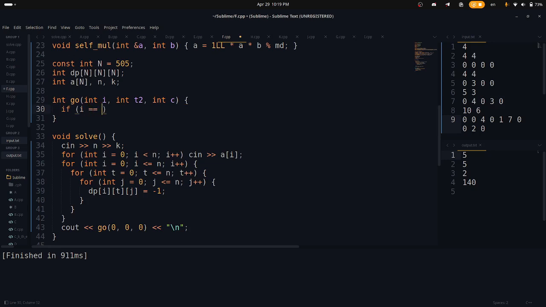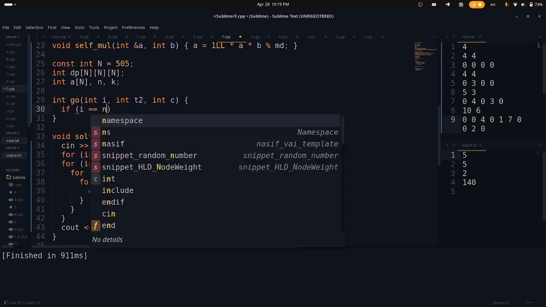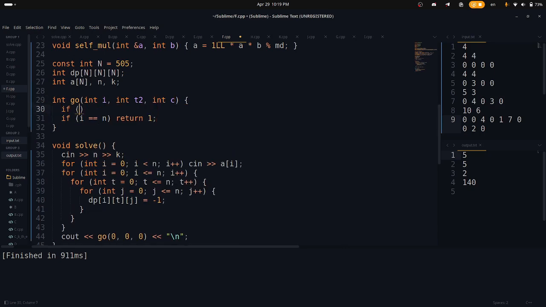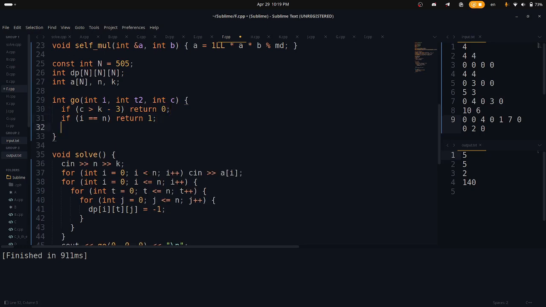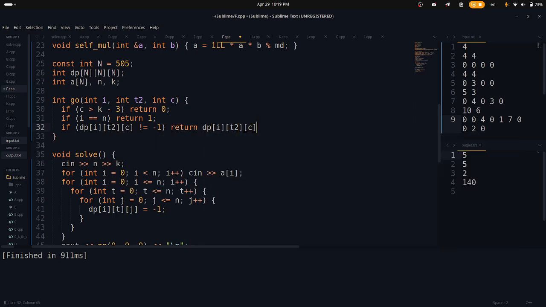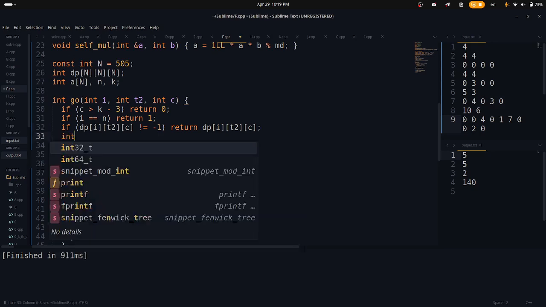Now if i equals n, I'll say return 1, because we already do the pruning: if c is greater than k minus 3, then return 0. If dp of i, type 2 elements we have placed so far, and c are not equal to minus 1, return dp of i, t2 and c,